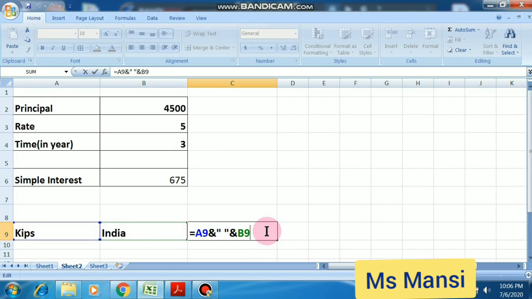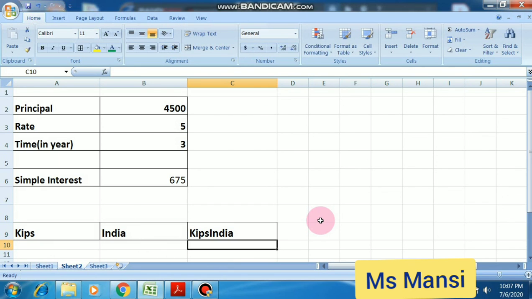Okay, this is the formula. If I press enter, then see here. If you don't want space, then the formula is: equal to, select the cell you want to join, simply ampersand, then select the other cell, and press enter. So this is how you join two text values using the ampersand operator.